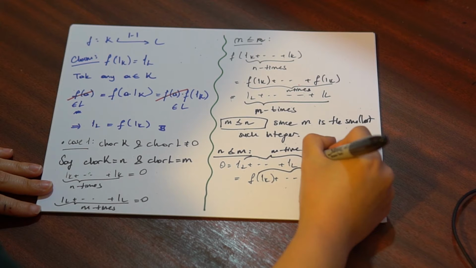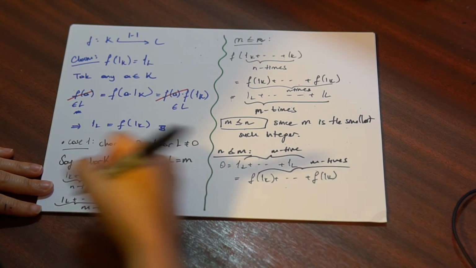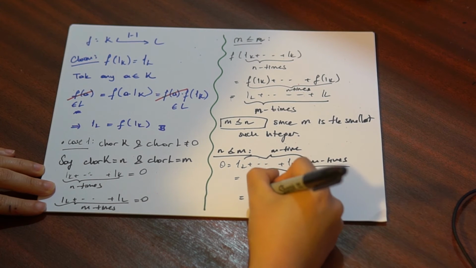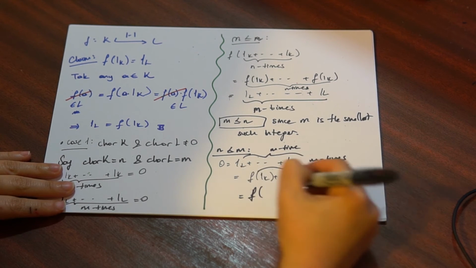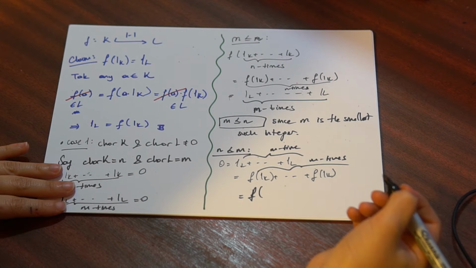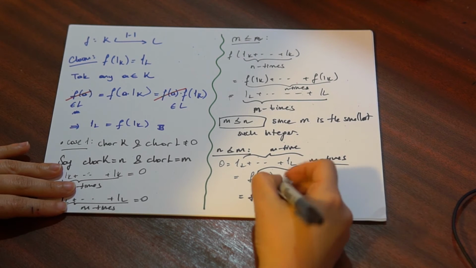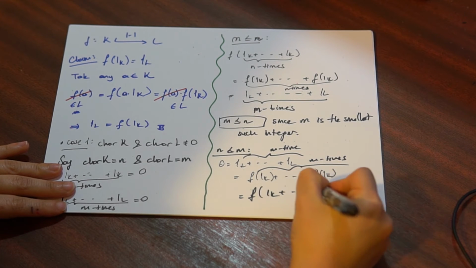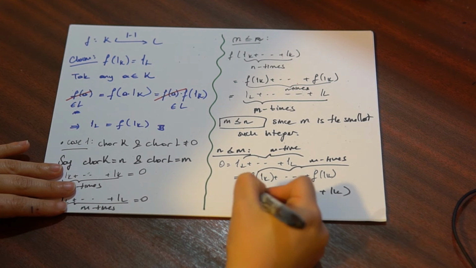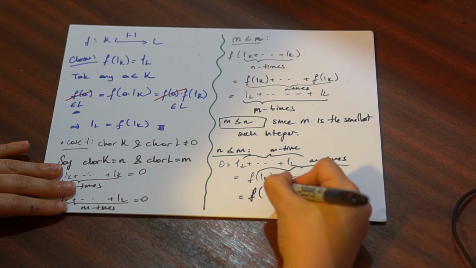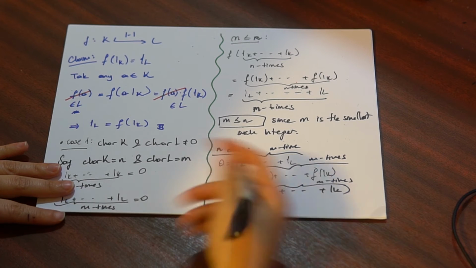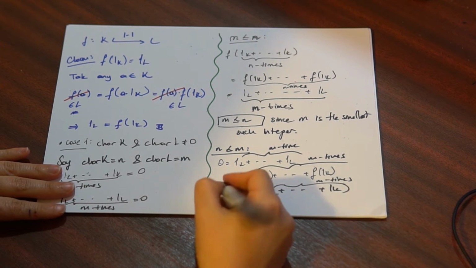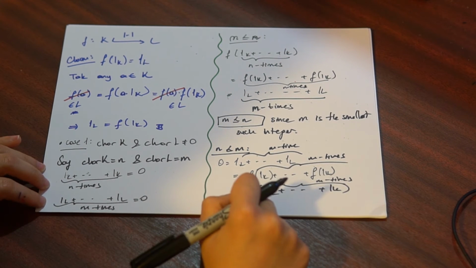Since f is a field homomorphism, we can take this inside of the f. So we will have f of 1_K plus 1_K plus ... plus 1_K, m times. And since this map is an injection,